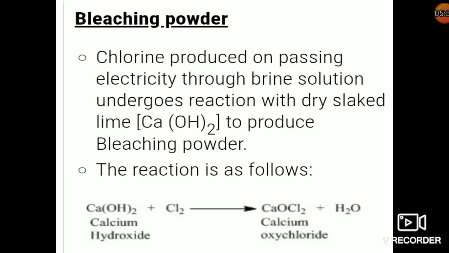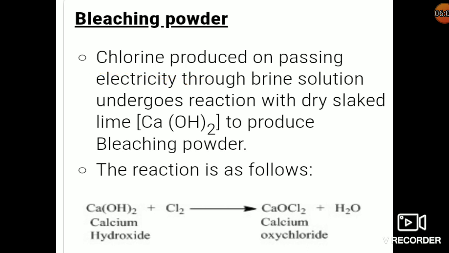Next we'll see how to get bleaching powder. If you remember, we got sodium hydroxide from sodium chloride by passing electricity, and we got chlorine too. Now the chlorine that is formed in the previous reaction, that means in the chloralkali process,